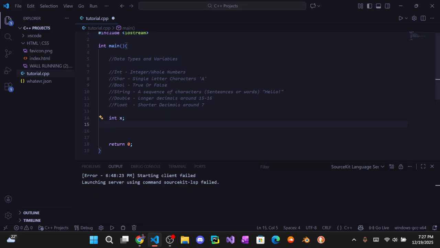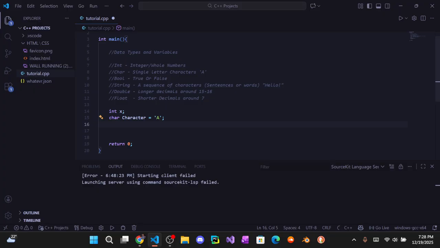We have character, which is single letter characters, like the single quotation marks. So we can say char as the data type, and then I can say character, that's the variable name. We're going to say is equal to a, and a semicolon. And I have this character variable. This is the value, which is a. This will not work if I made it like AB like this right here, because it's supposed to be single